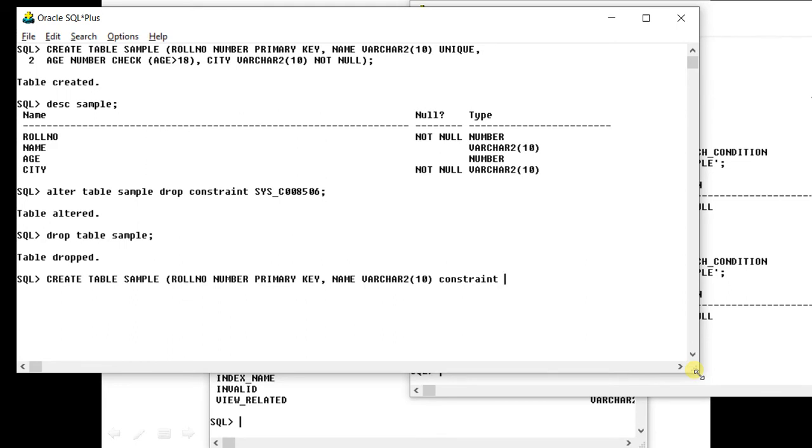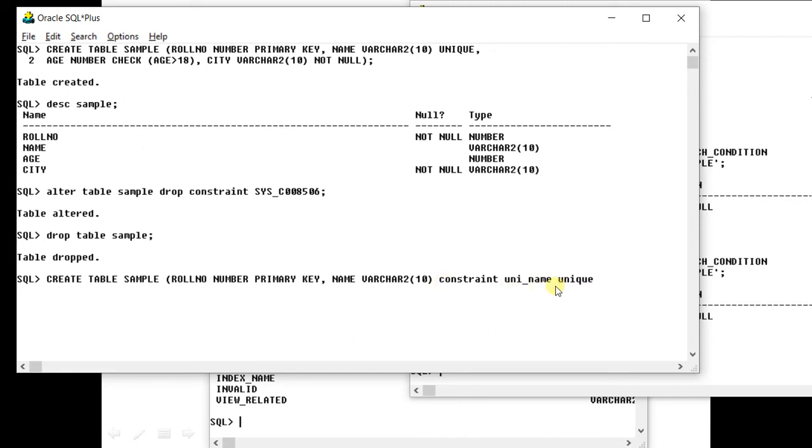What type of constraint is this? Unique. So you can use any name, uni_name. Are you getting? This is the name of the constraint which you want to give. So you have to use the keyword constraint, then the name, then type the constraint unique.